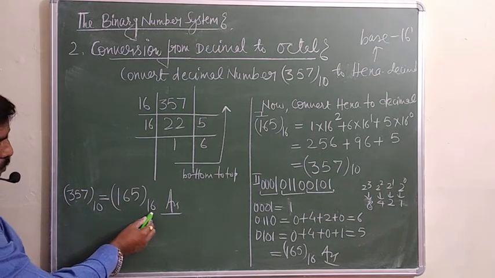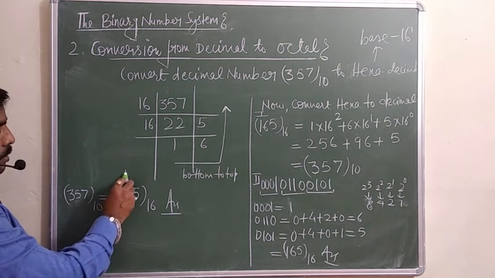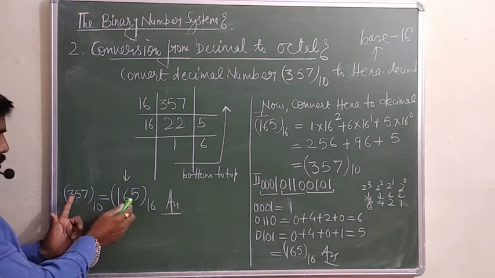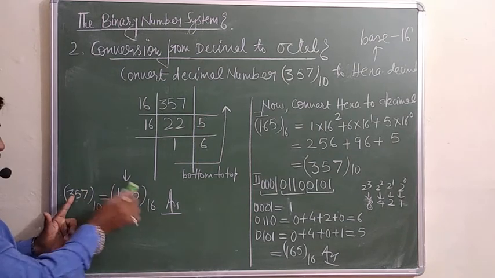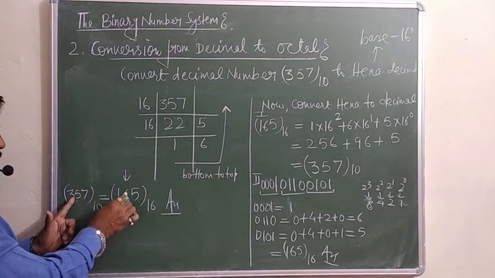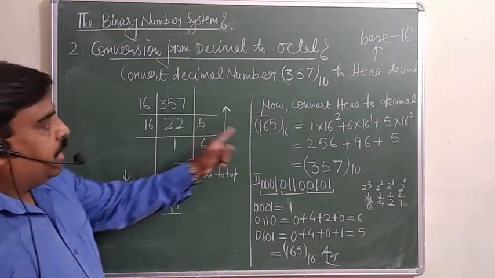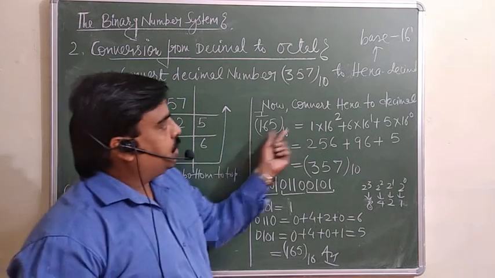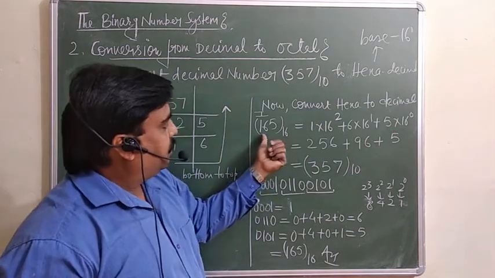See, this base is more than the earlier one, so this number will be smaller. अगर base ज़्यादा होता है तो ये number इससे छोटा आएगा. अगर base छोटा है तो ये number इससे बड़ा आता है. That is, if this hexa form is given, then you can change it to the decimal. Same method. 165.